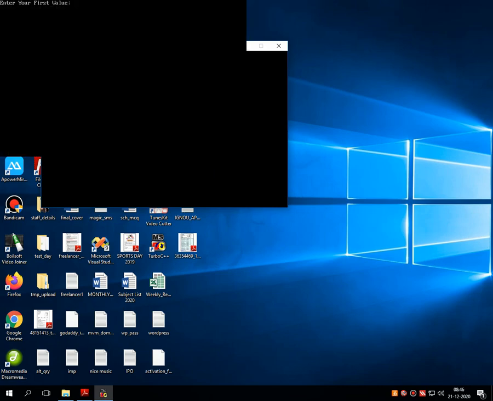Let's run and let me give this MVM then college. So it gives MVM college. These are the 3 characters from the second string. The first 3 characters have been extracted from the entire string and it prints MVM college as a concatenated string on the screen.